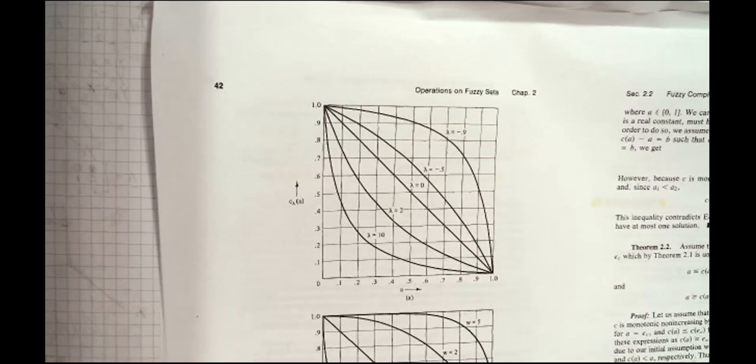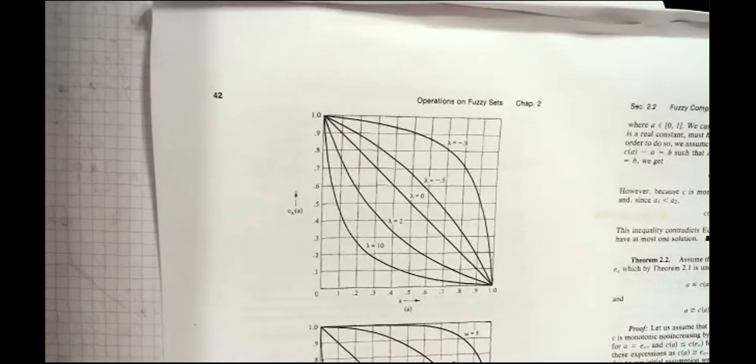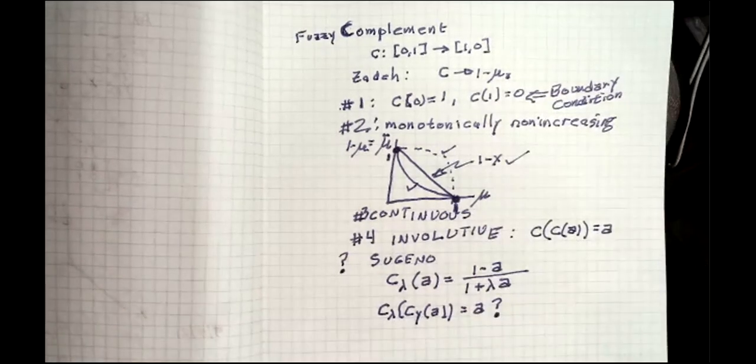One of the parameters that could be used, for example, in tuning a fuzzy system is to use a Sugeno complement and to fine tune the lambdas. You could actually do a search for the lambda that makes your system work the best. So that's one of them. Another one is